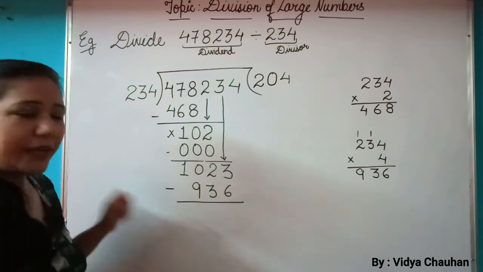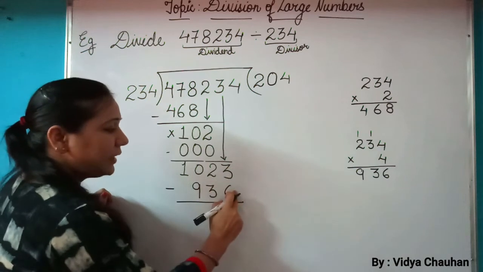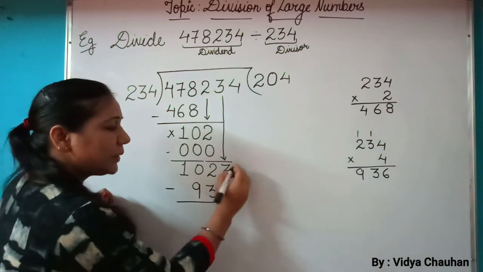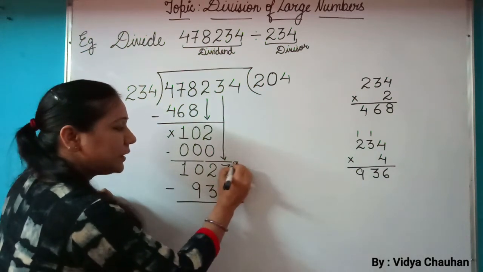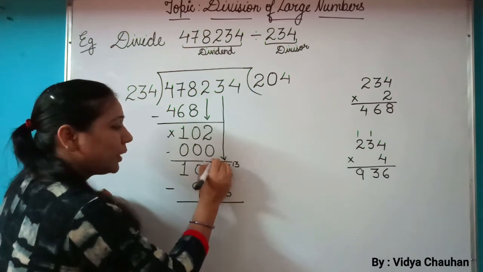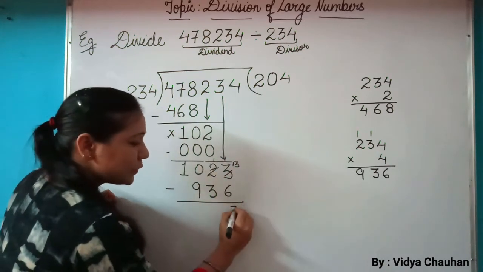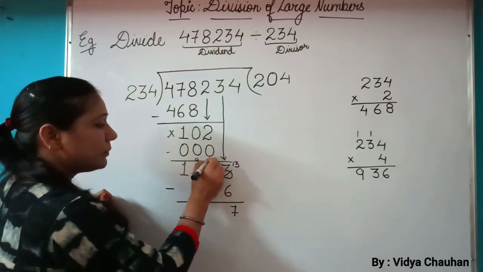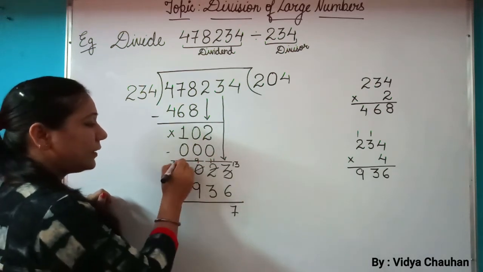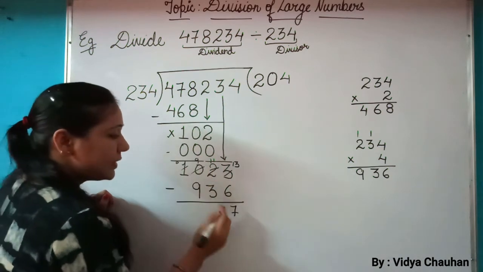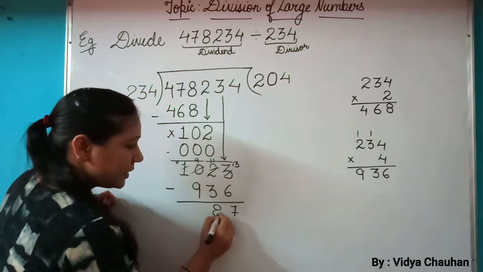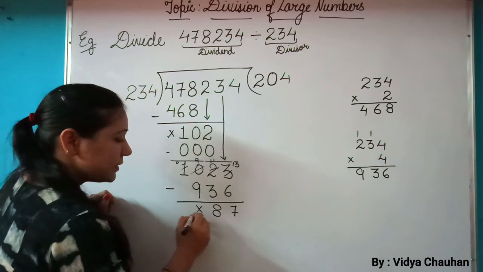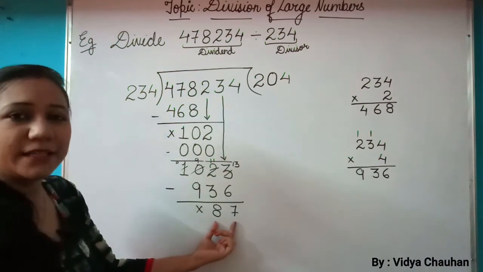Let us subtract the value now. 13 minus 6. Since we cannot subtract, we'll take the borrow. So this will become 13, and this will become 1. 13 minus 6 gives you 7. 1 will take borrow, so this will become 9 and this is becoming 11. 11 minus 3 is 8 and 9 minus 9 is 0. So we are left with 87.